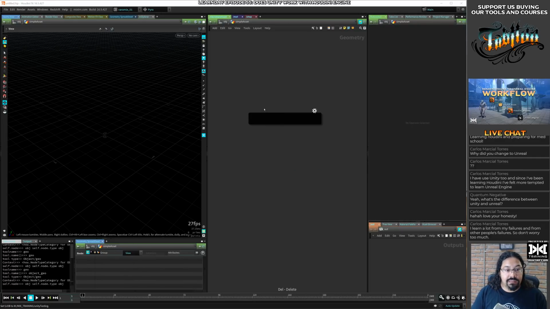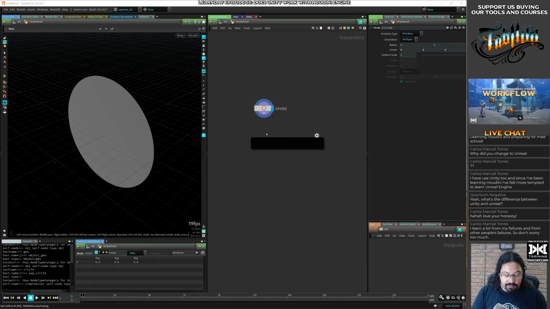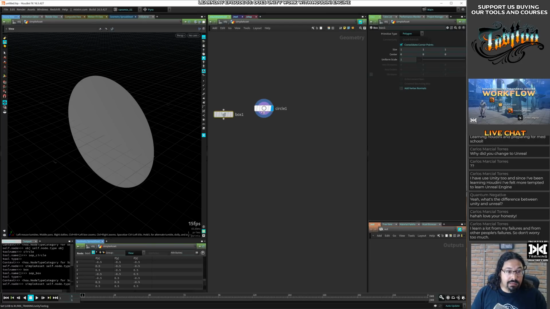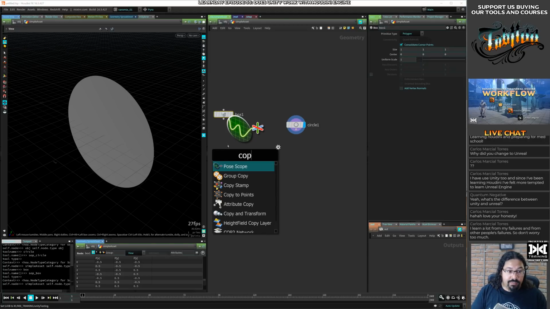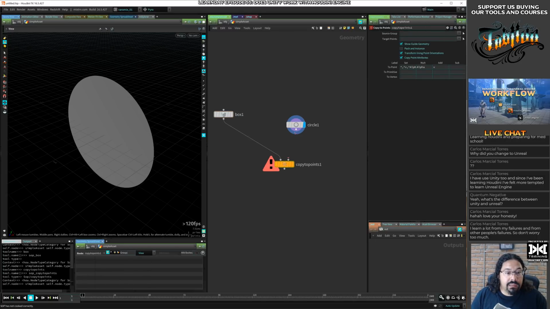So let's just do like a circle and a box, and copy, actually it's just CP, copy the points. Sometimes I want to type more, but tab 2 makes me type less.